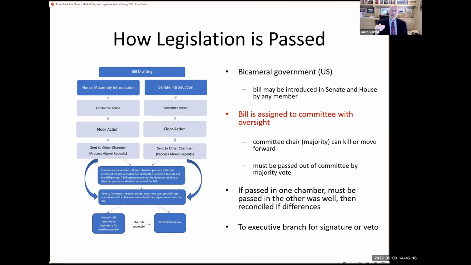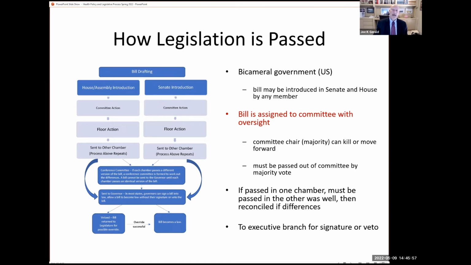For a piece of legislation to get out of committee and be considered by the full House or full Senate, it has to be passed out of committee with a majority vote. And so in our political process, we have a two-party winner-take-all system such that the minority party and its legislators can't do anything without the acquiescence of the majority party. In essence, the minority party in the United States doesn't have very much to do except try to thwart the activities of the majority, because the minority cannot produce any legislation on its own.